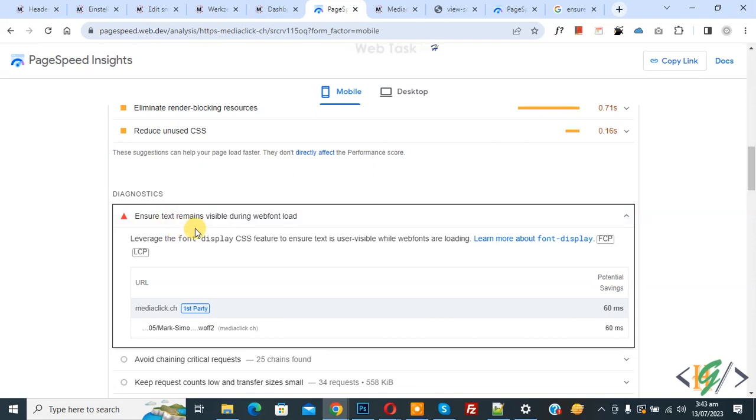Bismillahirrahmanirrahim. Assalamu alaikum. My name is Hassan and today we are going to fix ensure text remain visible during web